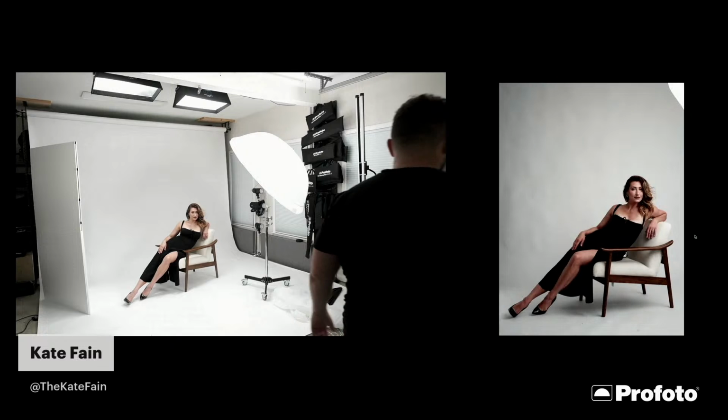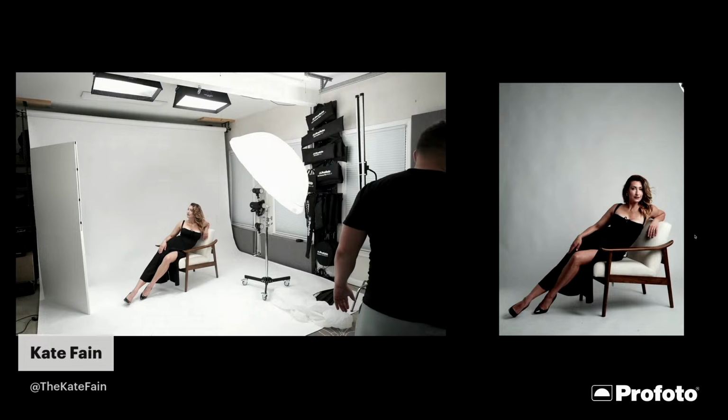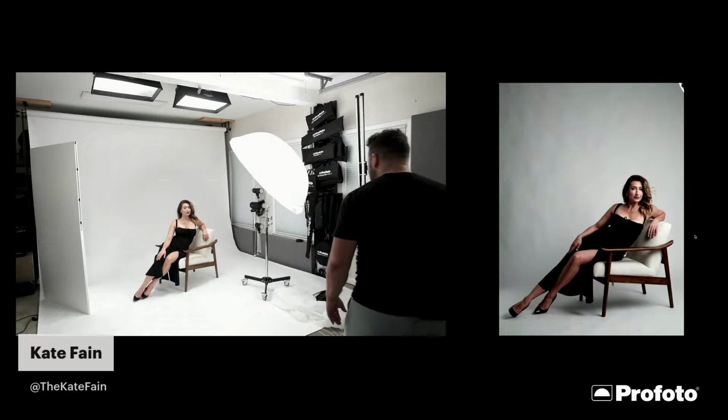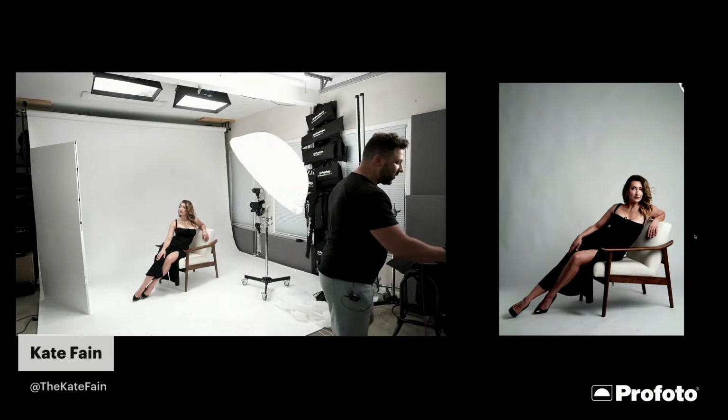Lovely. So it opens up the room just a hair. And I'll pull this up so we can see a harder comparison. It's not a gigantic difference, but what we're getting,